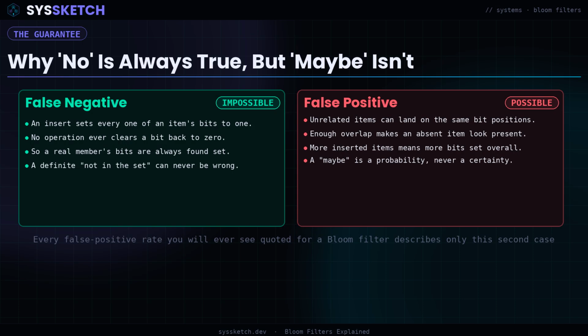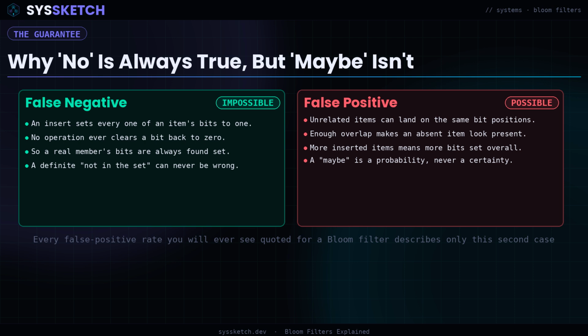This is the core guarantee that makes Bloom filters trustworthy despite being probabilistic. False negative, wrongly telling you an item is absent when it was actually inserted, is mathematically impossible because every bit an insert set stays set forever, so real members' bits are always found on. False positive, wrongly telling you an item might be present when it never was, is entirely possible because 2 or 3 unrelated items can, by chance, cover exactly the same bit positions between them and make an absent item look